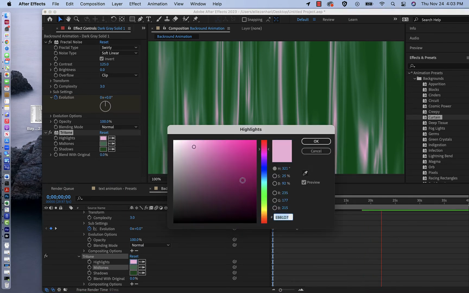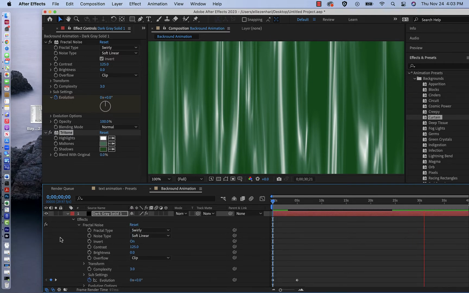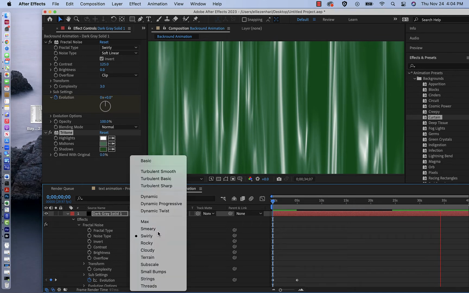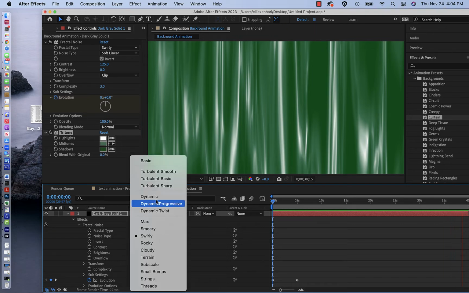I'm going to change this as well, and I can also change the settings, just play around with some of these settings, and you'll automatically get a completely different effect,